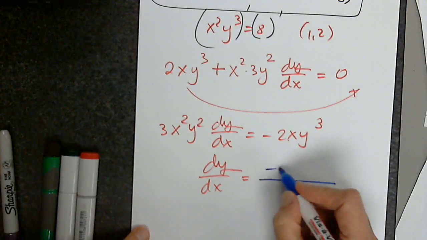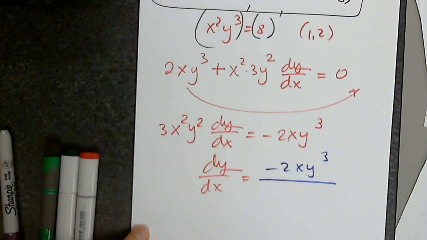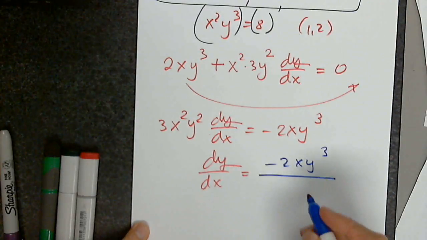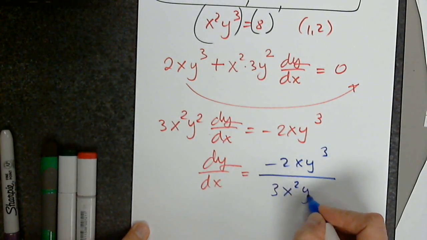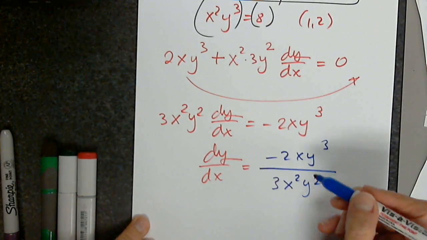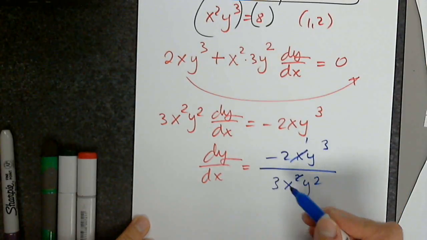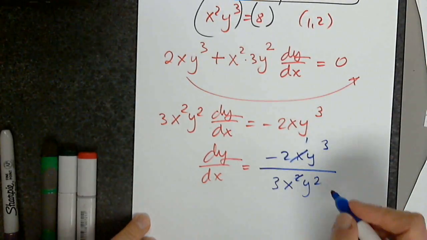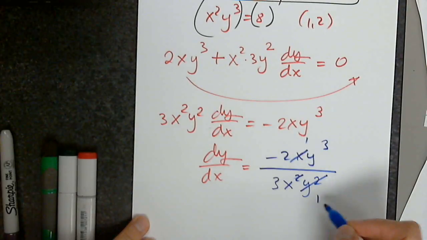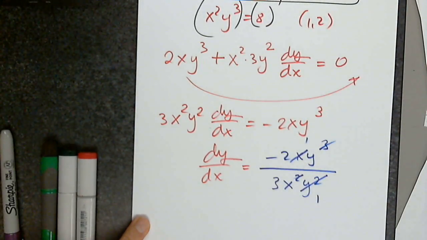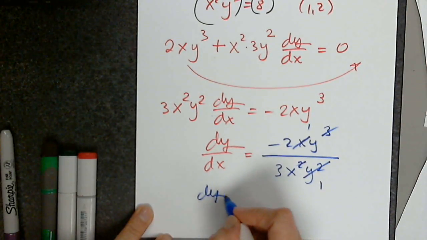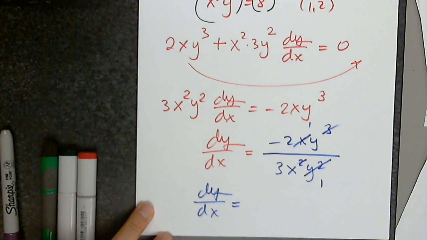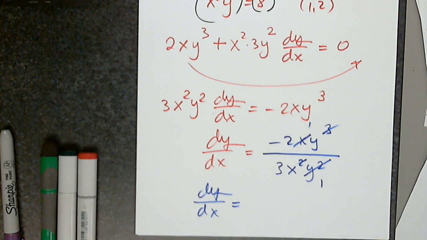Negative 2xy cubed. Excellent. And the denominator? 3x squared y squared. Yes, I will simplify. I will remove an x from the top and an x from the bottom. I will remove 2 y's from the bottom and 2 y's from the top. So the final simplified form of dy over dx is